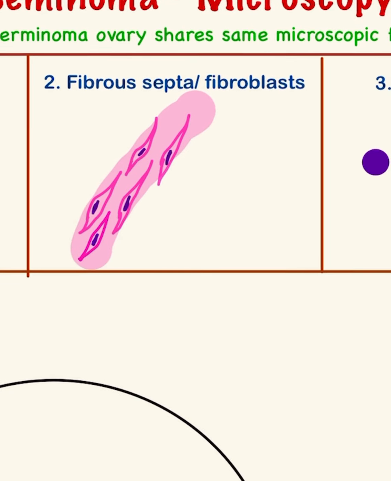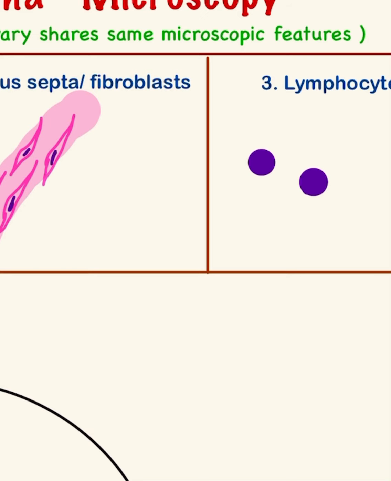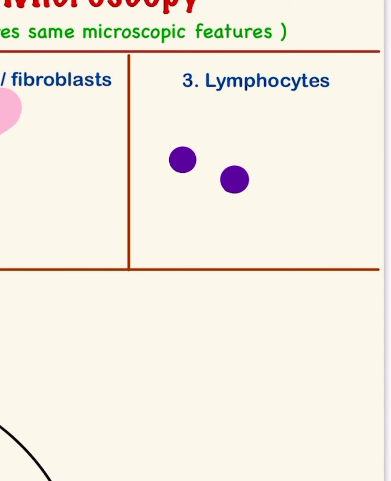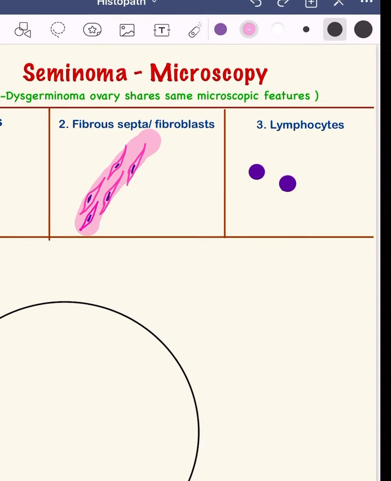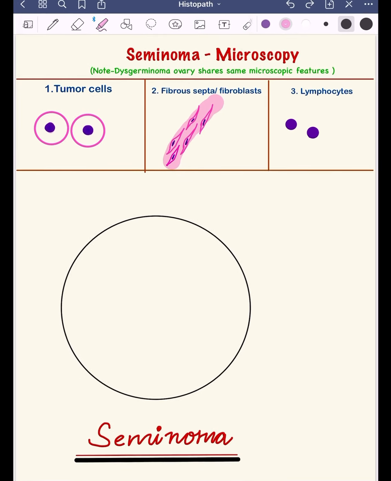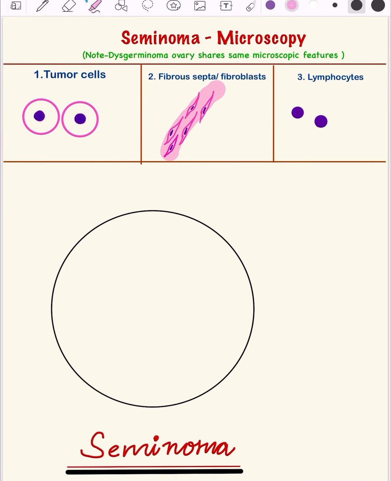And lastly, the third very important point regarding seminoma and dysgerminoma is that these fibrous septae, they are infiltrated by the lymphocytes. So you just draw the nucleus of lymphocytes, and cytoplasm is very scanty. So just you need to draw the nucleus in the histopathology diagram. So now we shall proceed on how to make a diagram of seminoma. So you need to draw the fibrous septae first, followed by the tumor cells which you make in the form of lobules, and then you make the infiltration of the septa by the lymphocytes. So let's see how we are going to draw it.